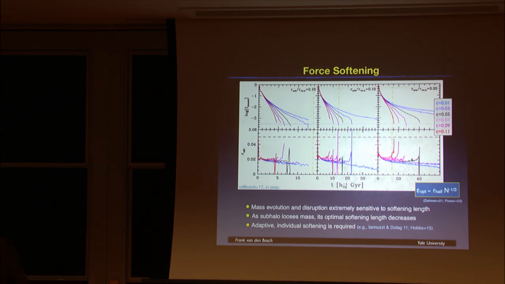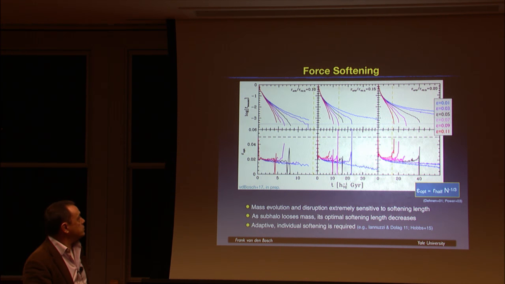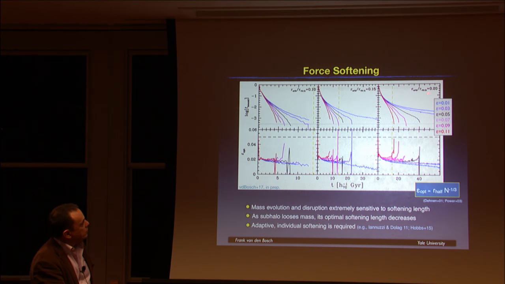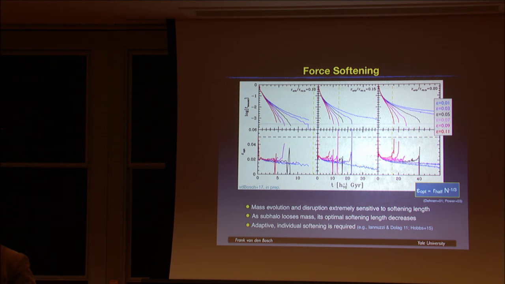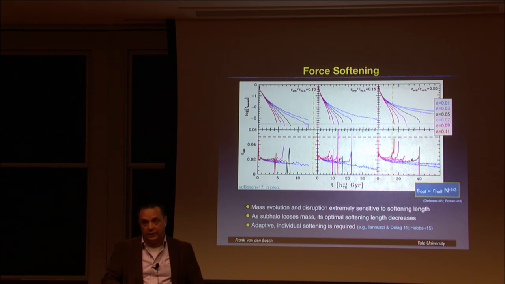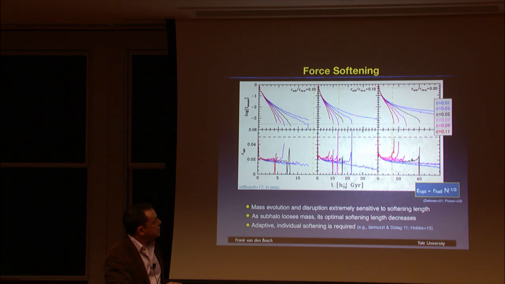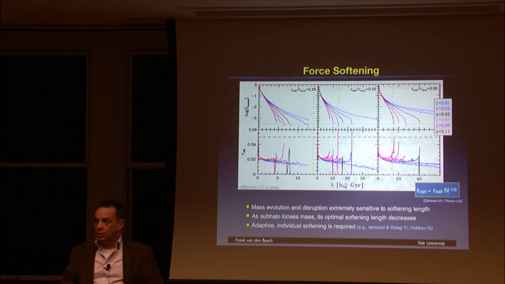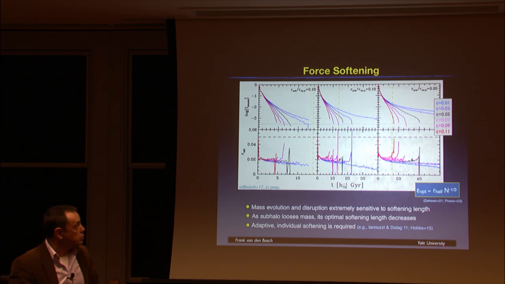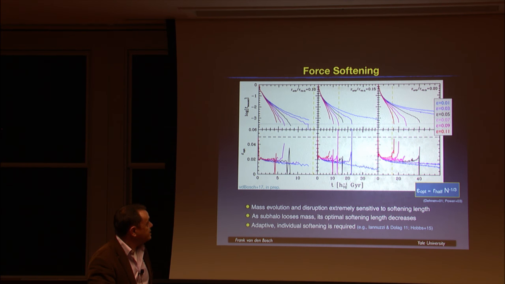Unfortunately, that's not what happens. If you do the simulation, here you see the results, the bound fraction as a function of time. In black is this 0.05, the optimal softening length. This is for 3 different radii. Just focus on the middle panel here. If you go to the red curves, you make your softening length larger. Indeed, as expected, you start to lose more mass. You disrupt more quickly. But surprisingly, if you go to smaller softening length, you don't go in that direction. You actually survive more and more, and you don't disrupt. In fact, if I go to a softening length of 0.01, in all cases, I survive.